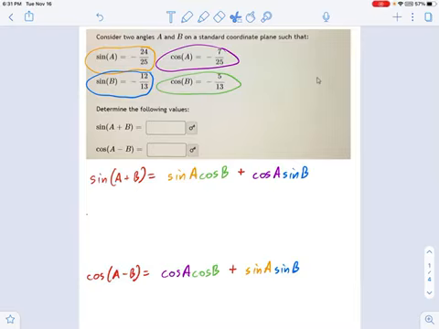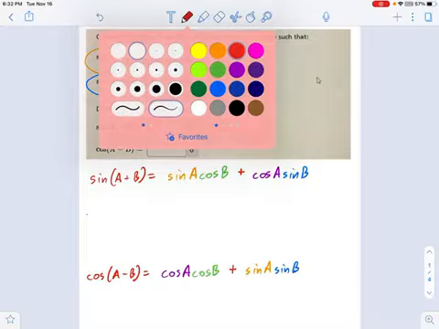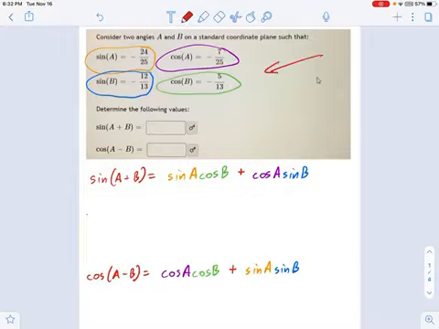Now we're going to put to work those sine and cosine sum and difference identities that we've talked about previously. And this first one's pretty easy. It tells us everything we need for this problem. If you look right here, it's sine of A, cosine of A, sine of B, and cosine of B. It just gives us fractions, and it says, what is sine of A plus B? What is cosine of A minus B?